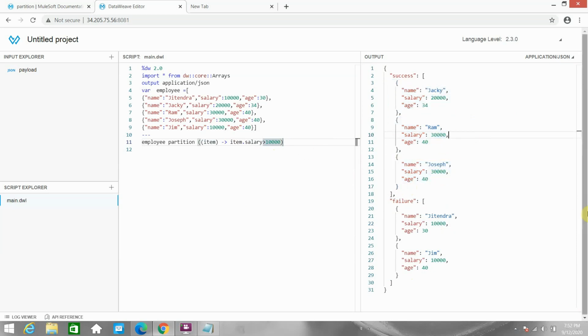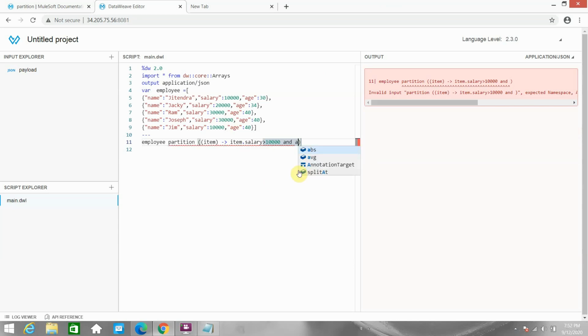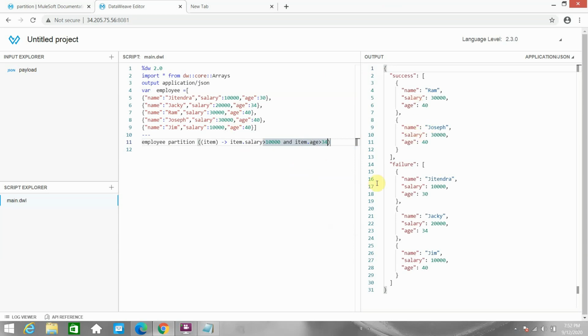So let me consider salary greater than 10,000 and the age greater than 34. So now item.age is greater than 34. In that case, previously 34 was in the success, but I added one more condition, so 34 came into the failure partition, because it doesn't match the condition.